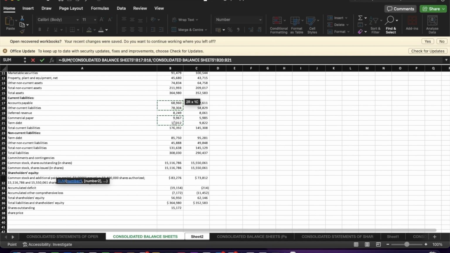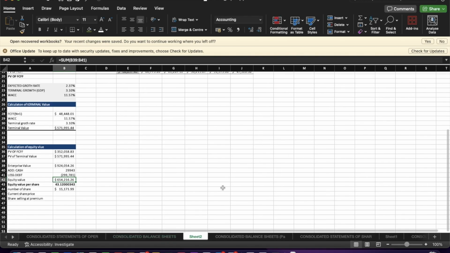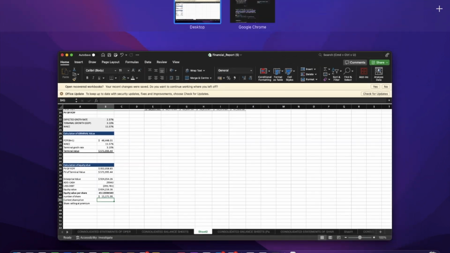Last time I've taken the total short-term debt. I think in that part I've made a mistake. So just doing it right now. And the total long-term debt. Yeah. So now it is showing us